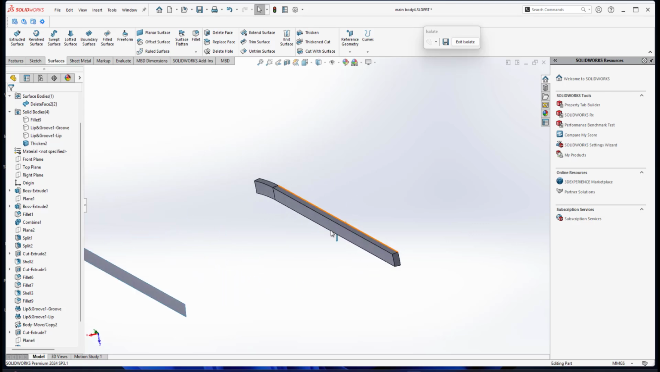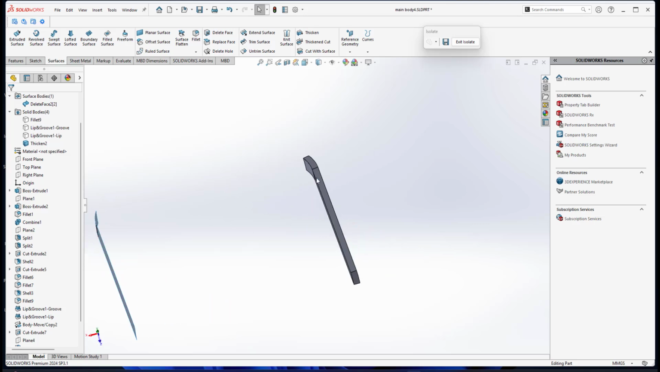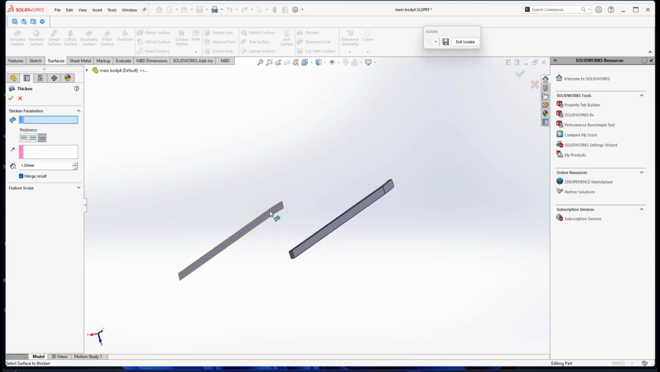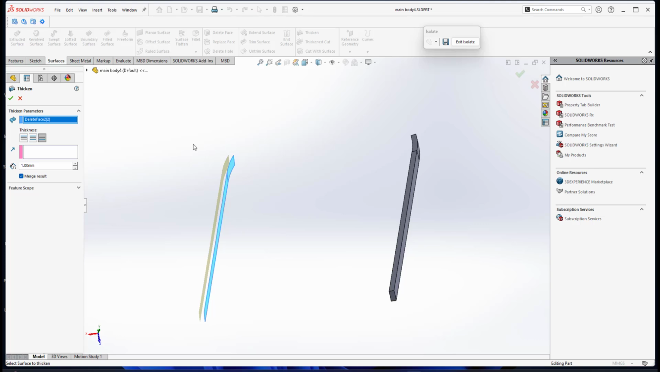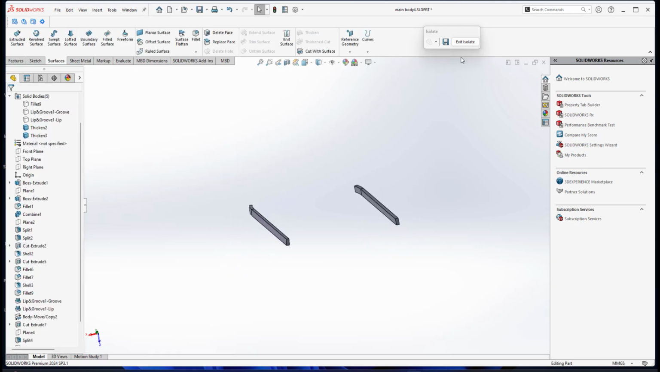So this will be the lip of the rear, at the back side. On the front side, I will do thicken again. I will select this one. This one I will not go for this direction. I will go for the third option, that direction, and the distance is 1, since the thickness of the lip is 1. Then I click OK. Now I have two ribbons. If I exit isolate,